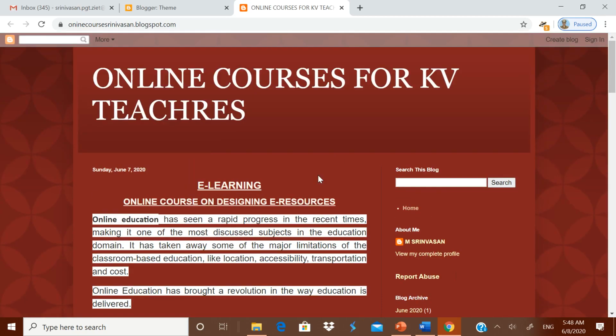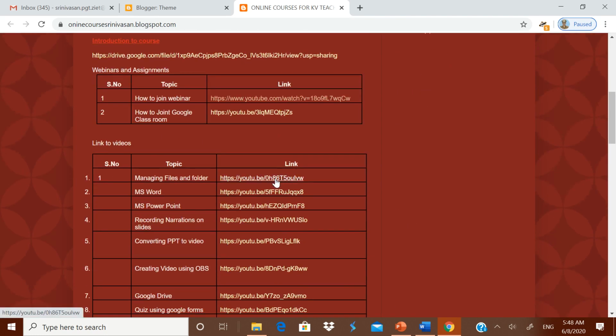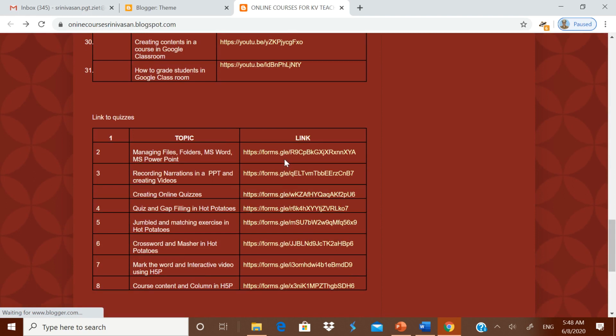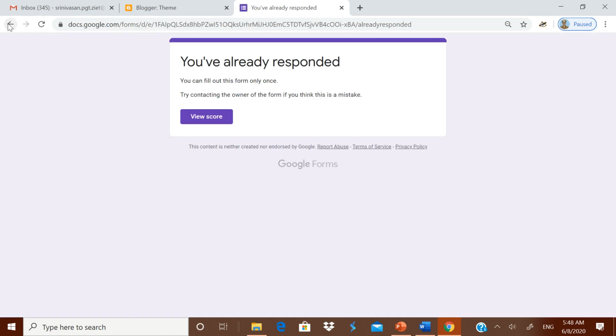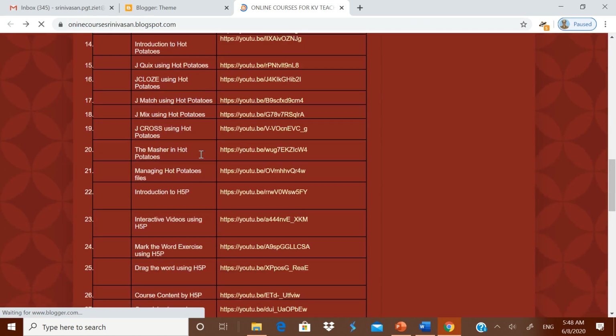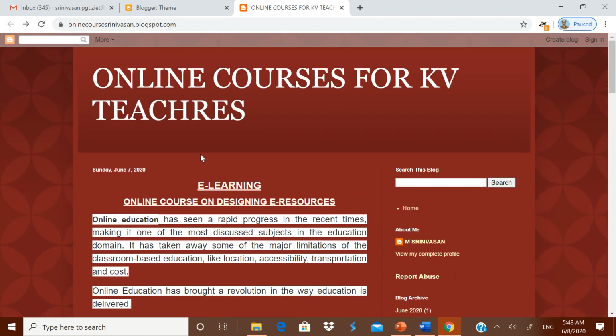Now how to share it with the students. When you click it, YouTube will automatically open, where the child can see the video. Suppose there are certain quizzes you have made. When you click it, it will open in a new window and so on. You know it. Now how to give it to the children? Very simple. The address is srinivasan.blog.com. If you give the address, they can open it.